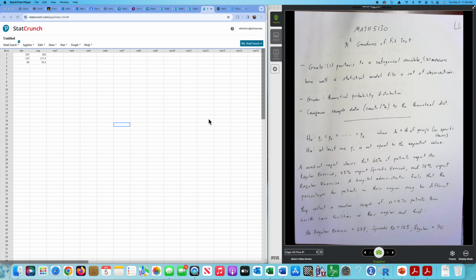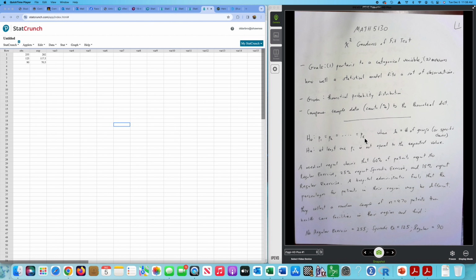Contrast that to a chi-square test of independence, which examines the relationship between two categorical variables. So our null hypothesis is typically that a lot of times it's just that our first percentage is equal to our second percentage is equal to whatever, k being the number of groups here. It doesn't always have to be like that. In fact, the example that I'm going to use here actually has different claims for different groups of the population,